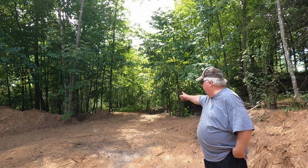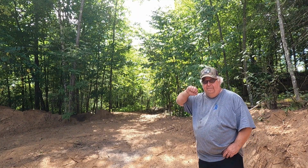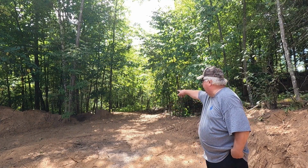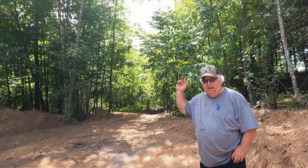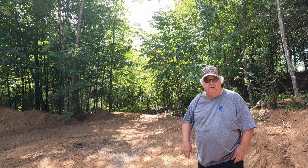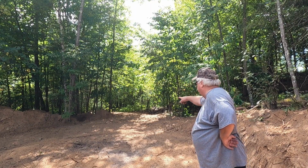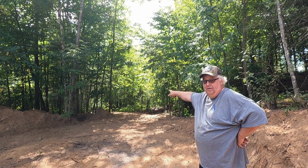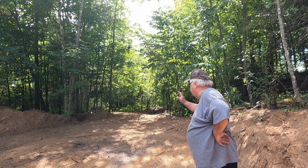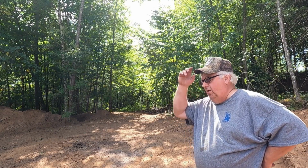So up the trail here then, there was a big rock on the side of the trail. So I pushed a lot of dirt up there and filled that in, up until I was over the top of that rock. So now I can make the trail wider, and I can pull my double wide snowmobile trailer down that trail now. I can go around and come right through here and park the four-wheelers behind the garage or whatever. So that's the idea. I probably got another tree, maybe this tree right here, I'll be taking down. But it's widened out now, so we kind of killed two birds with one stone there. And I did my other projects. I moved a couple of rock piles over there. So all in all,